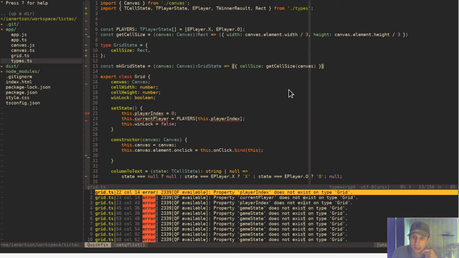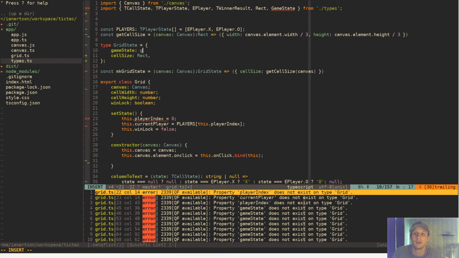That's all good. It should also actually have the game state, shouldn't it? Should be dependent on the game state. So let's import the game state. And we're going to have it here, game state, and the game state, game state, game state,